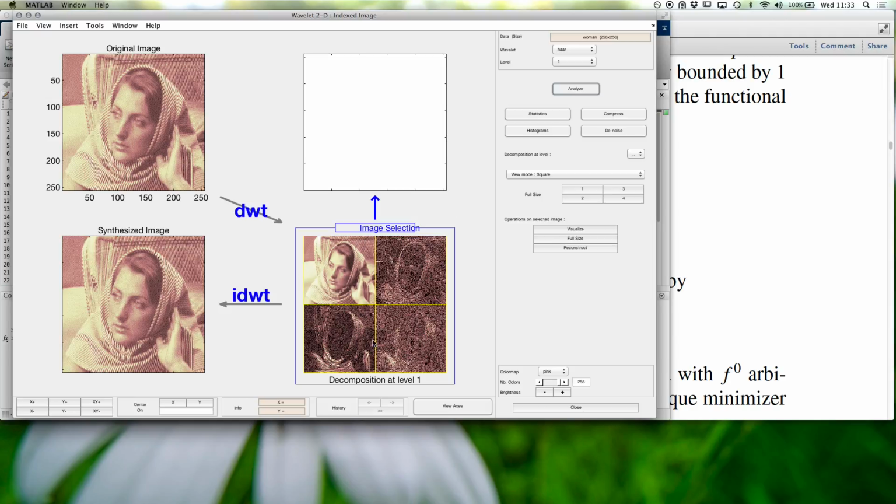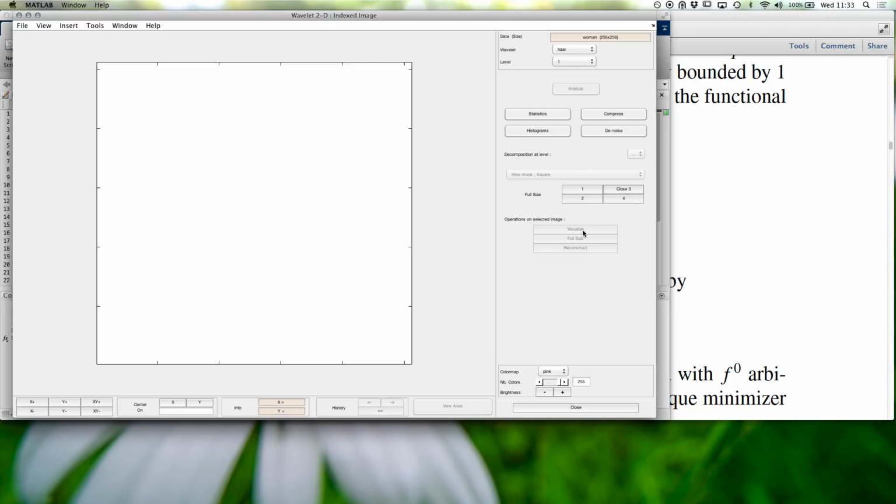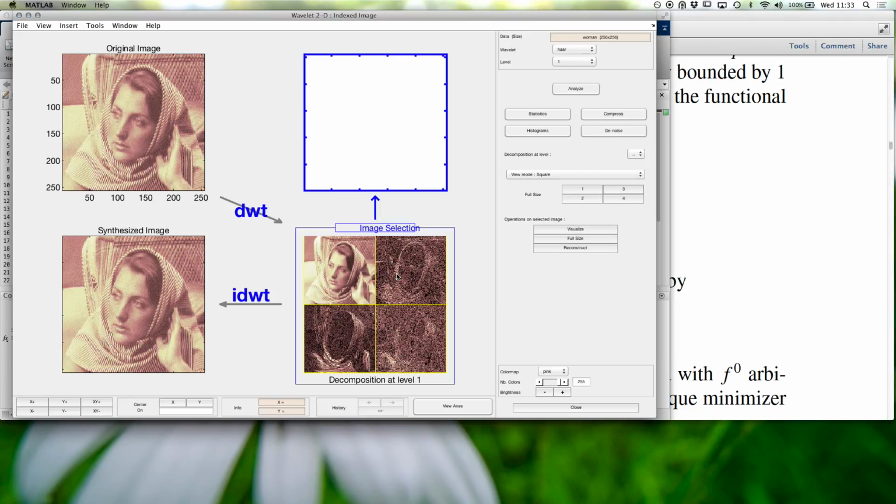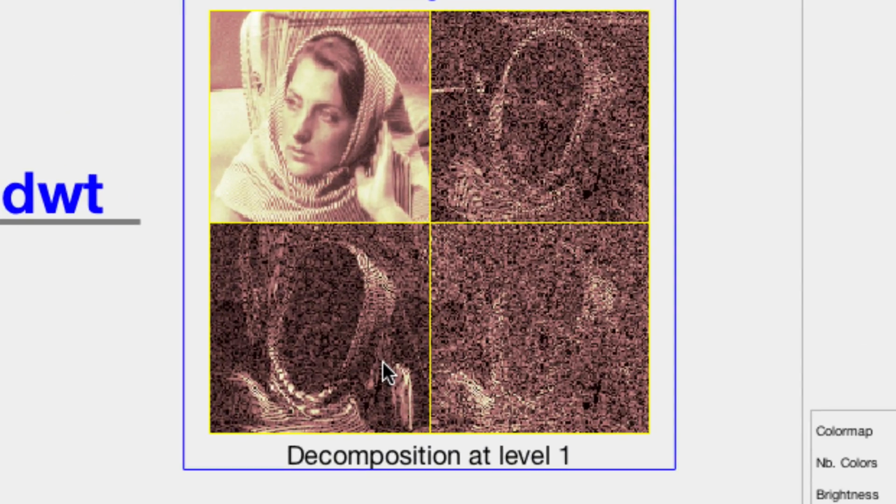Okay, so here you see these 4 images I showed you with the walnut, and what's happening here is, I think the resolution is doing some tricks to me here. Anyway, so what happens here is